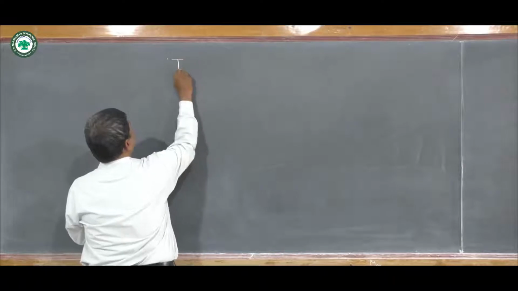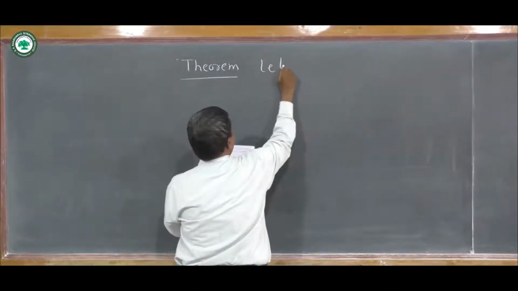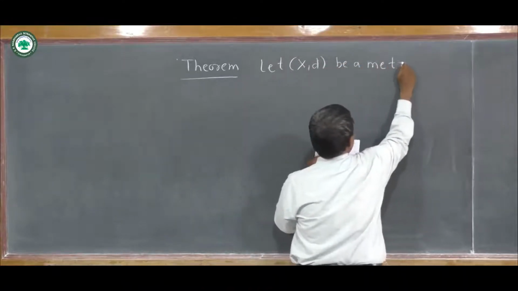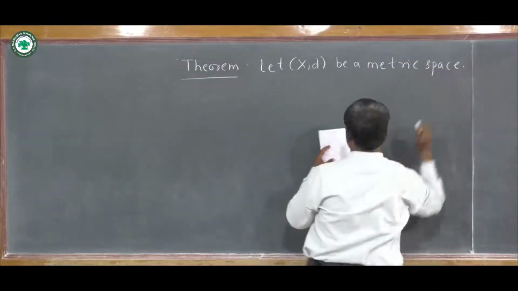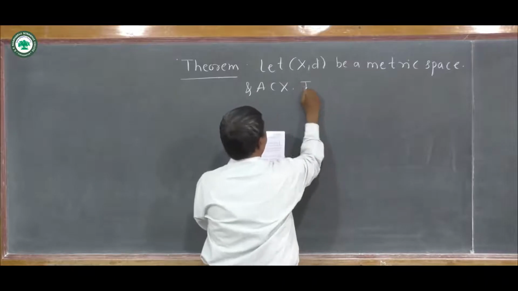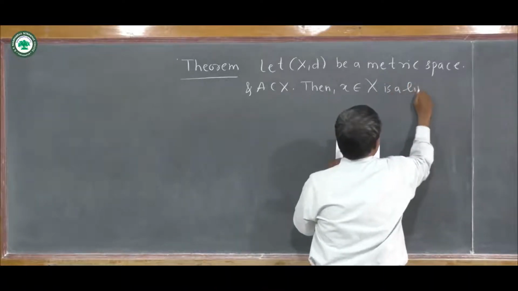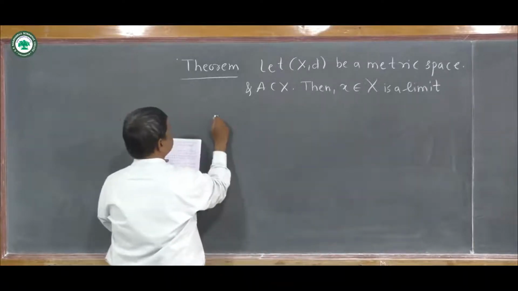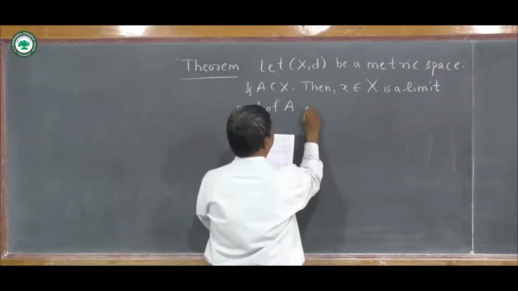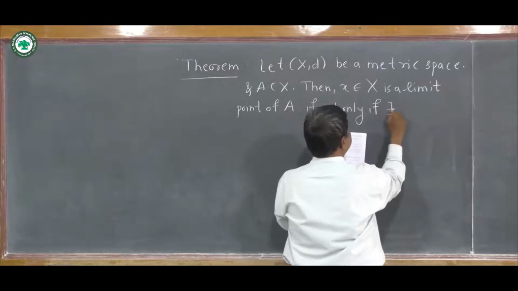Now statement of the theorem is this. Theorem: let the ordered pair (X, d) be a metric space and A be a subset of X, then x belongs to X. Now this element is a limit point of A if and